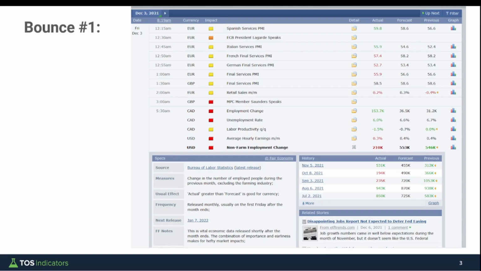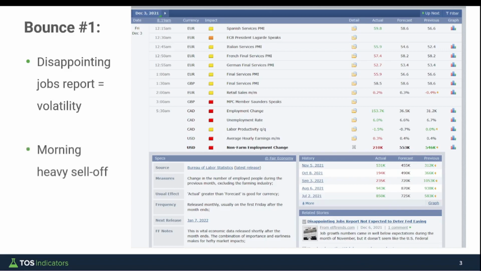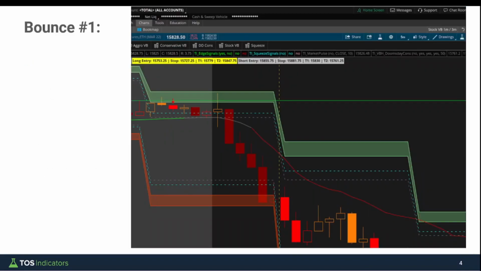Now, to give you some context of what happened on December 3rd, this was a non-farm payroll Friday. On that particular Friday, we had a disappointing jobs report. That disappointing jobs report meant volatility. And that volatility inside of the market meant a heavy morning sell-off. And that heavy morning sell-off, if we keep connecting the dots here, meant inside of our futures markets,